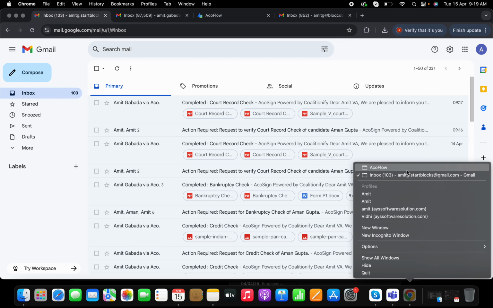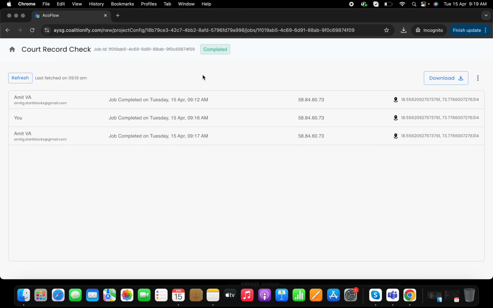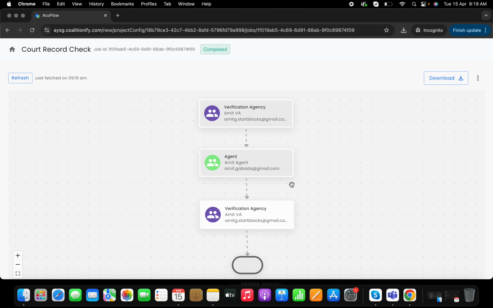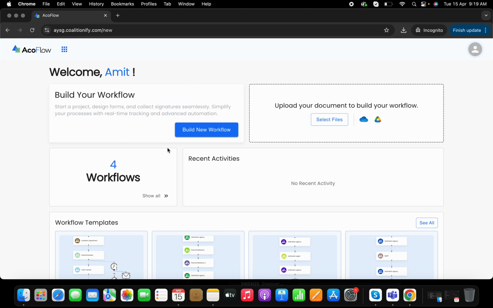Now I will go to the AcoFlow screen. So you can see this job is completed as per our workflow. So all these steps are completed. So this way it is easy to automate the court record check process using the AcoFlow platform, and this will be beneficial for the verification agency to use it